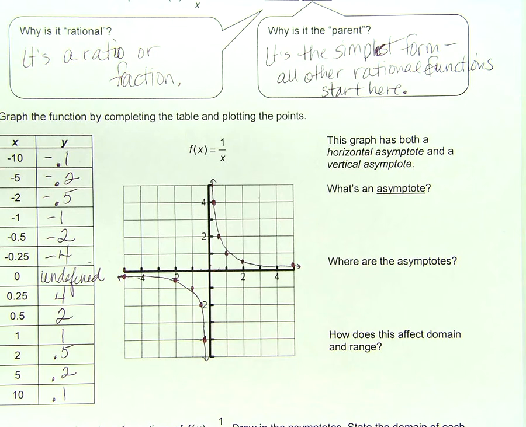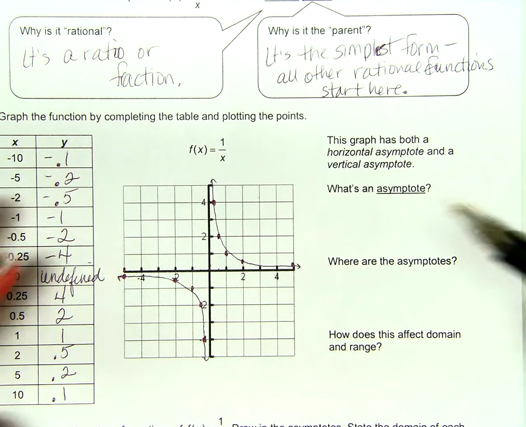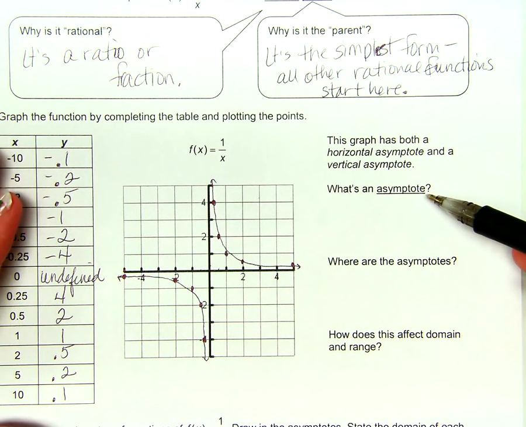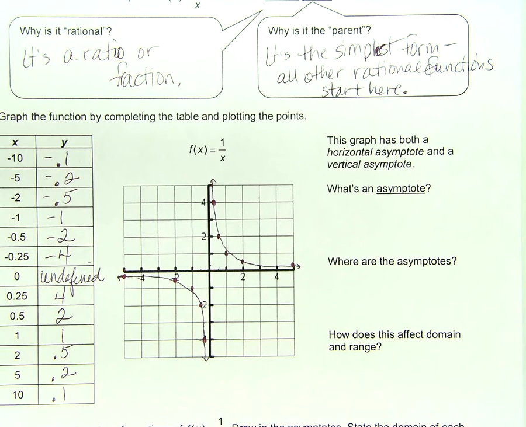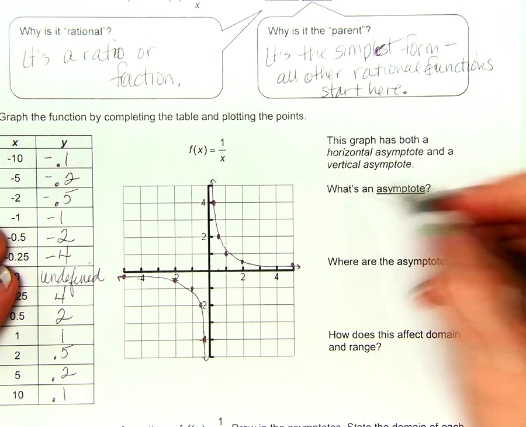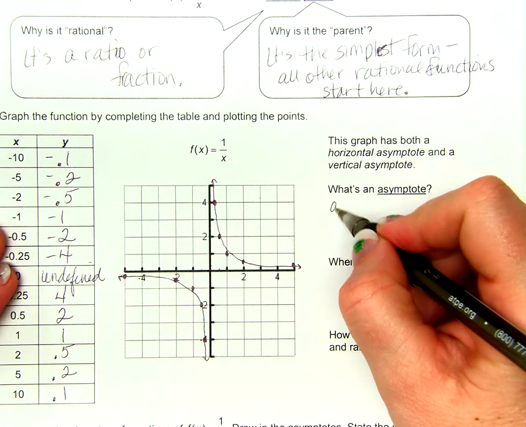It's nothing, right? Nothing can exist where an asymptote is. But there's actually a mathematical definition. We've talked about an asymptote being nothing because nothing can live there. Okay? But the mathematical definition of an asymptote is a line